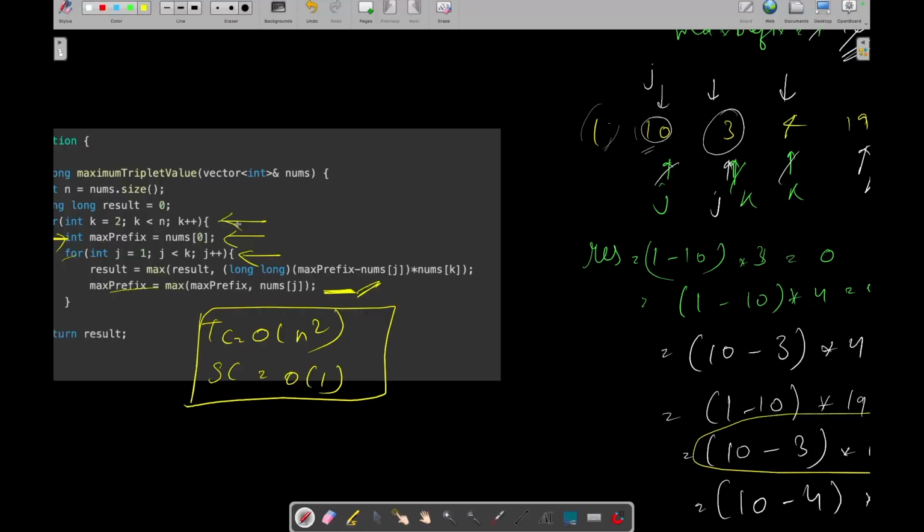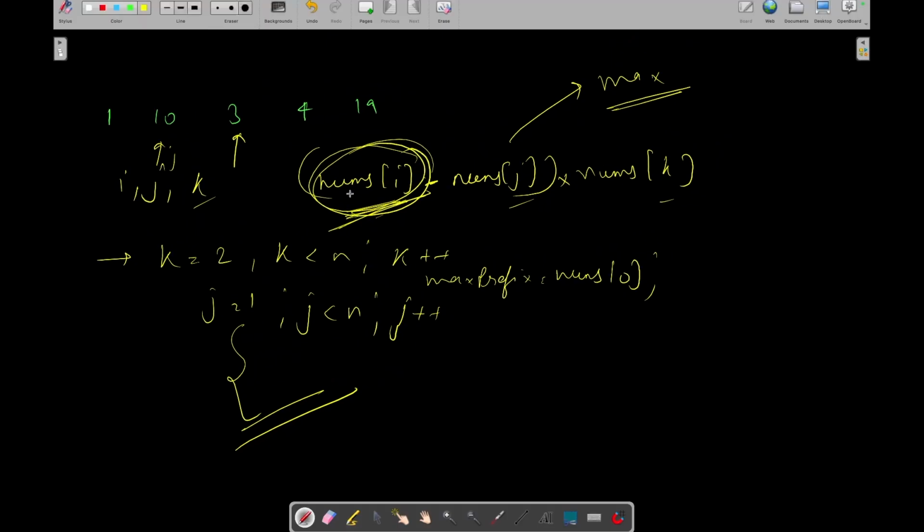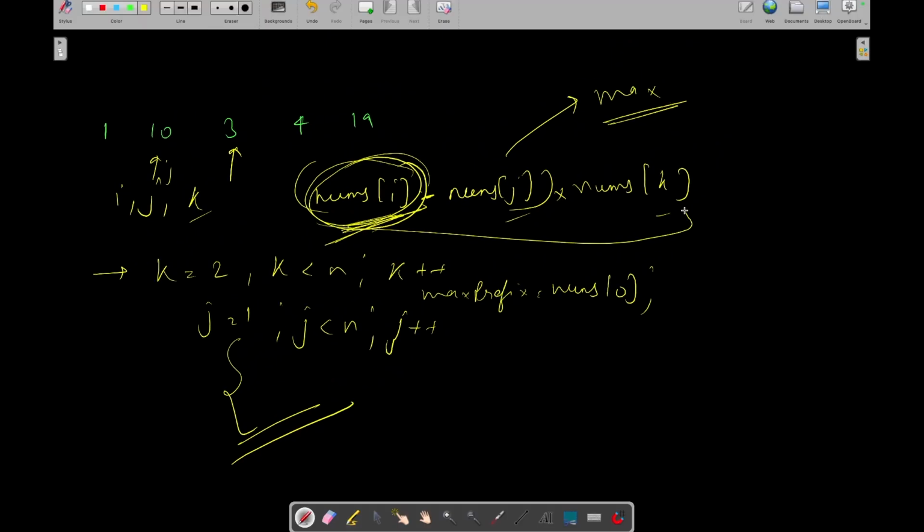Like in this loop we are fixing j and k. Can we just fix k and keep maximizing i, j and something? Okay, so let's see. So you will need to find this value, right? So from this complete value, in the previous approach we are fixing j and k and maximizing i. Okay, but what if we fix only k? So then what we need to do for maximizing this complete value, this nums of i minus nums of